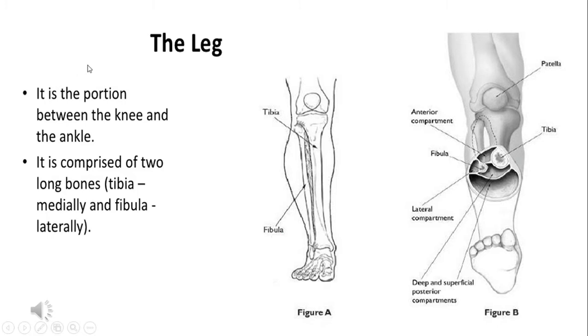Although laymen call the whole lower limb the leg, in terms of anatomy and surgery, the leg is the portion of lower limb between the knee and ankle joint. We can observe the two bones of leg, medially tibia, laterally fibula, which are connected to each other by the interosseous membrane and by the fascial septa and the outer deep fascia layer.